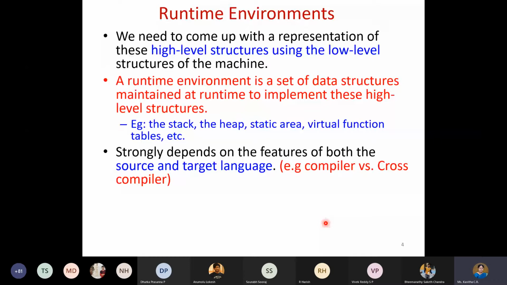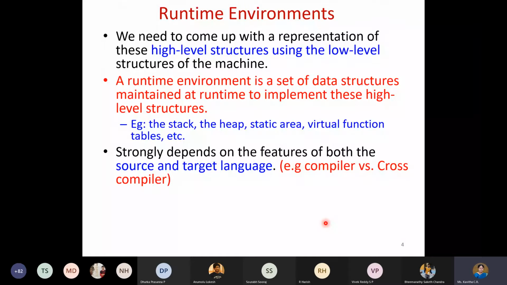Maybe physically it does not exist, but in our imagination it will be there, some table kind of structure. We maintain these because it is essential at this stage, as we have to map onto the low level structures. Therefore, there is a need for a runtime environment.